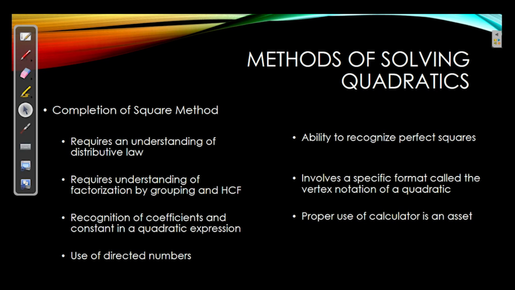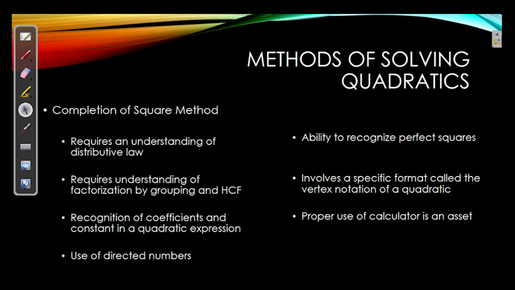When working with the completion of square method, you need to be able to recognize perfect squares. There's a specific format that we are always working towards expressing our quadratic in. It's called Vertex Notation, and in that particular notation, you can tell various properties of your quadratic just by looking at that form. We'll talk about using this form to identify certain properties of our quadratic when we deal with the functions aspect of this